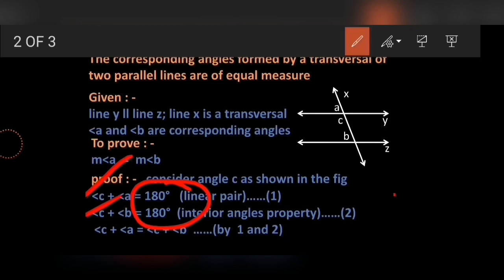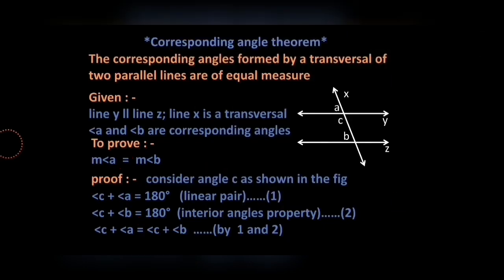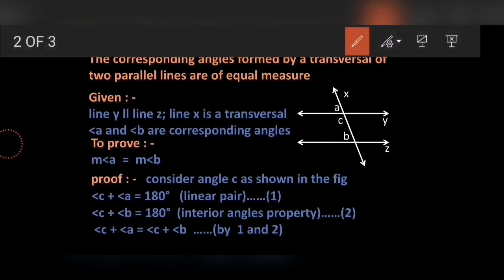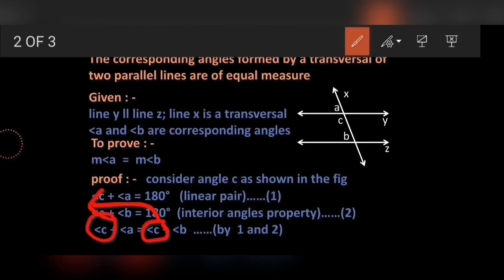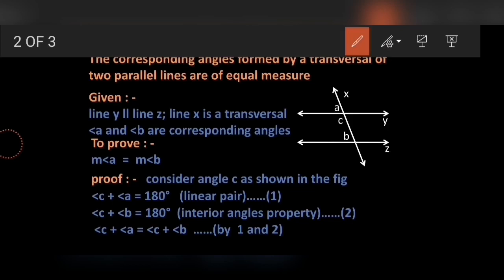And that is why in the next step we have written angle C plus angle A equals angle C plus angle B, because both the sums equal 180 degrees. Correct? Now if I shift this angle C to the other side of the equality, it goes in subtraction, right? Over here we already have one angle C, and the shifted angle C is negative. So minus C and plus C, our result will be 0, and that is why we are left with only A and B. So we can cancel angle C, right or not?